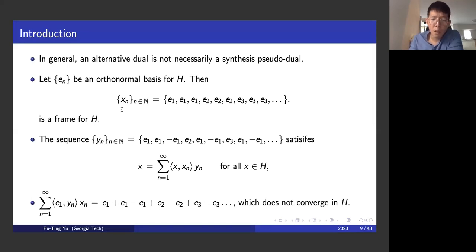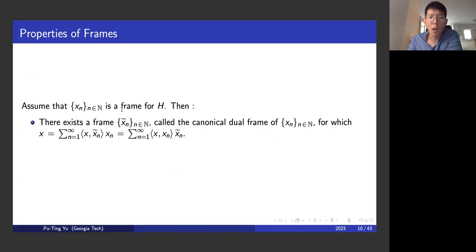So finally, let me introduce another sequence that is associated with xn, which is particularly important, the so-called canonical dual frame. So assume that xn is a frame for H, then we know there exists a frame which we denote by xn tilde. And we call this sequence the canonical dual frame associated with xn. And the canonical dual frame satisfies x equals the sum of xn multiplied by the inner product of x and xn tilde. And if we interchange the position of xn and xn tilde, we still get the reconstruction formula. Okay, I think now we are ready to move on to the second section